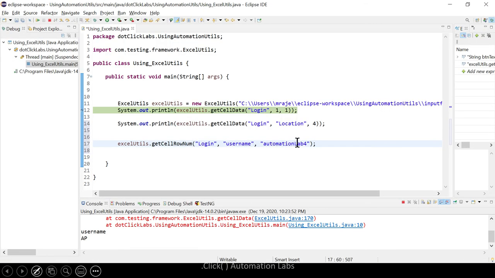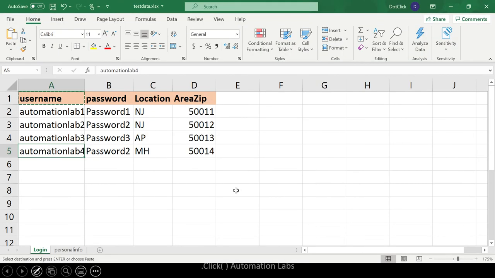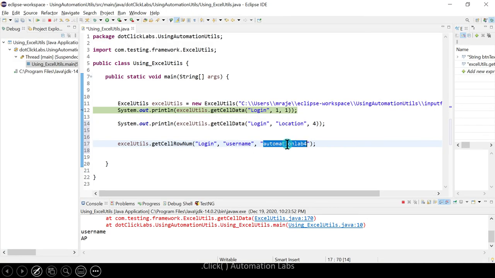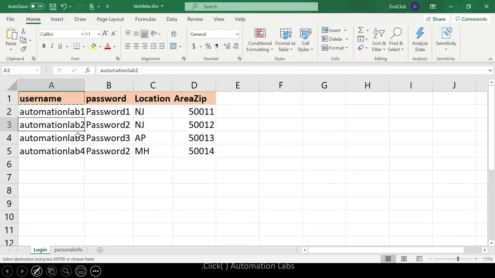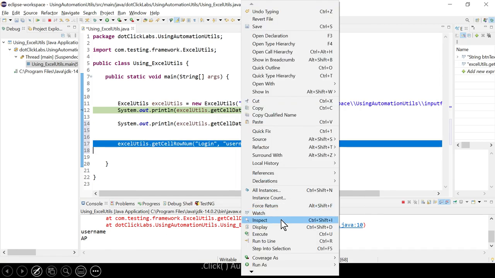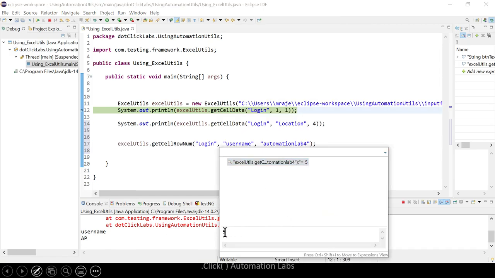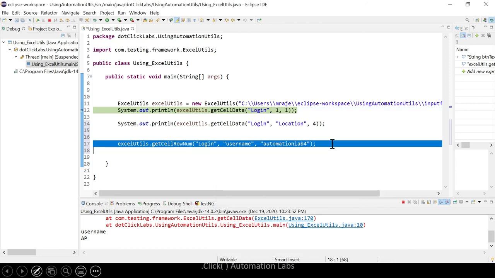Now what it does is check the username column, all the values, and compare one by one. First it checks this value. Is it matching? No. This, no. This, no. Then this matched. So row 1, 2, 3, row 4, row 5. It will give you row 5 as the output. This is the fifth. So this is how get cell row number works.